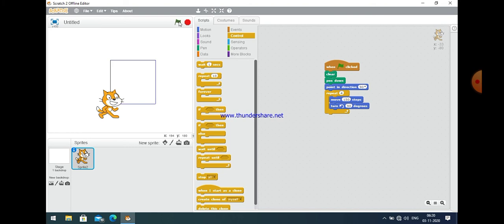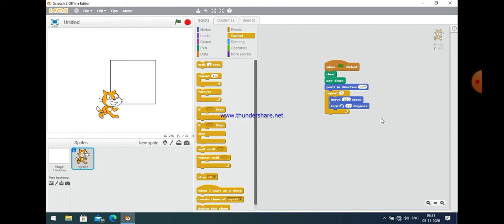And if you want to make a pentagon, then the value of repeat should be 5, and then the angle should be 360 divided by 5, which means 72.